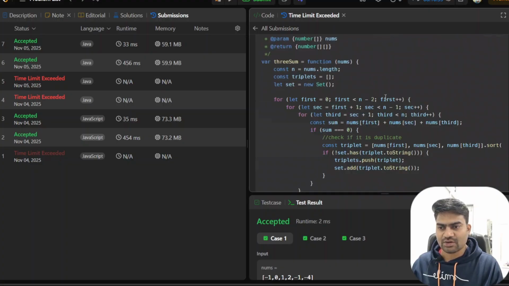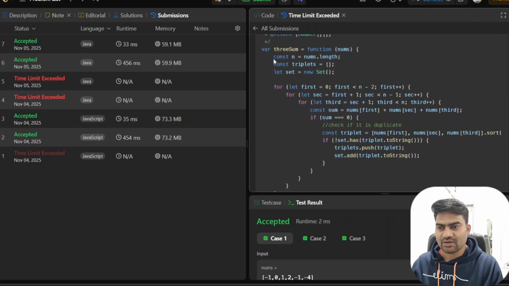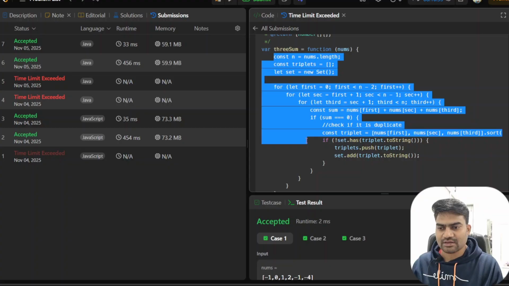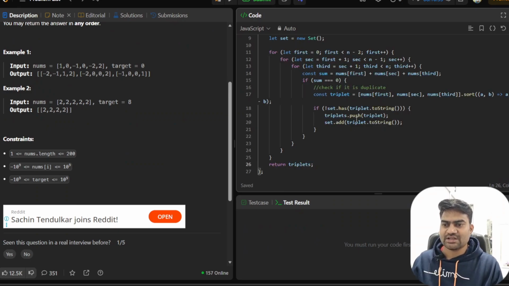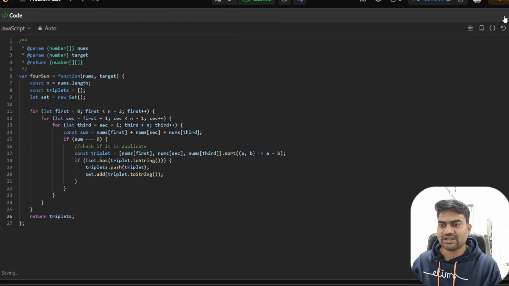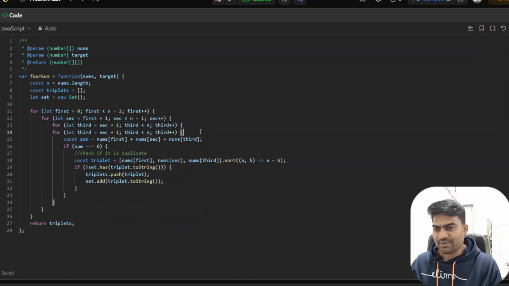Here, what I will do, I will copy this and I will make small modifications. Okay, so I will expand this. We used only 3 loops for the threesome problem. So now we need 4 loops. So I will copy one loop, and